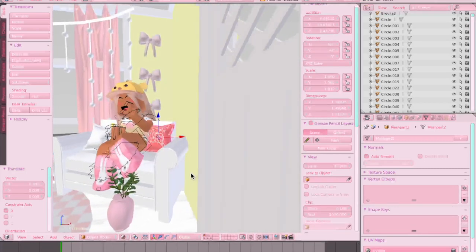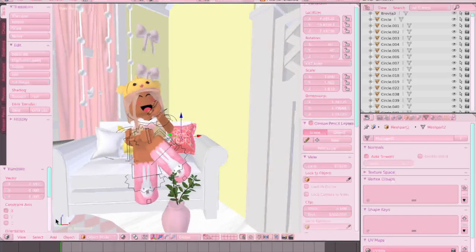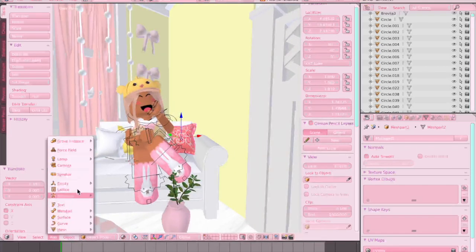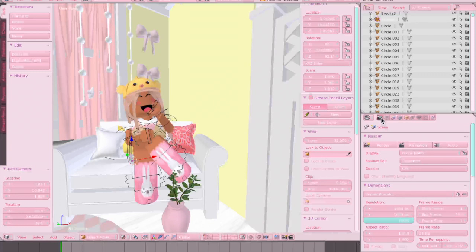Okay. Now, once you're done placing your avatar into the model, go down to here and click Add, and then click Camera, and then the camera will appear somewhere. Go over to this area right here and click the little camera icon, and then right here you can change the sizing of the image. So the standard square, I do 1080 by 1080,